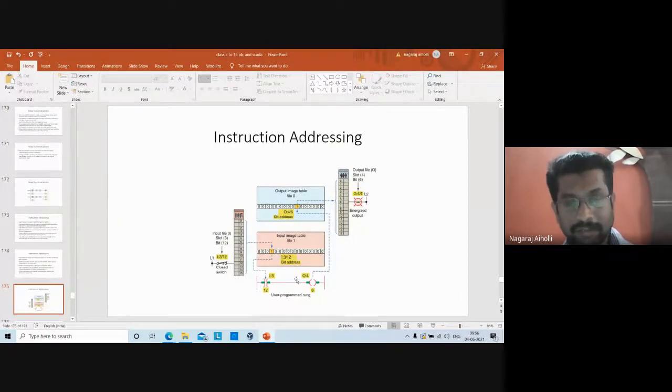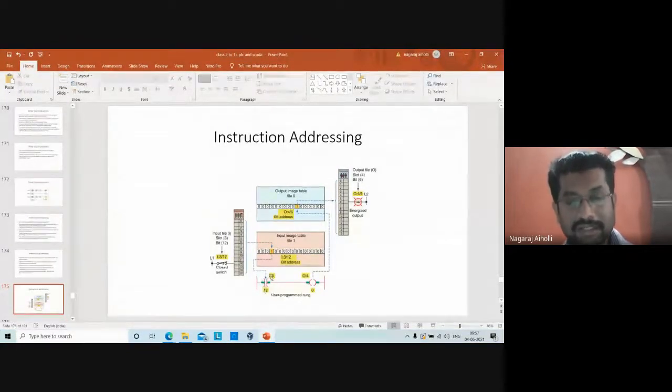Then the same is read by the ladder rung instruction. This is our instruction, and the address for this instruction is I:3. That means it is the third input, and bit number 12.